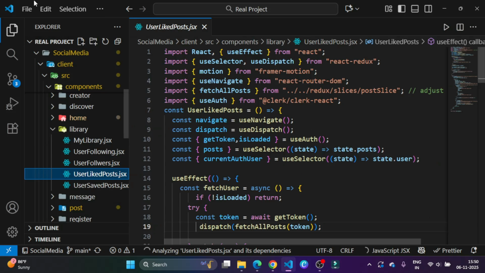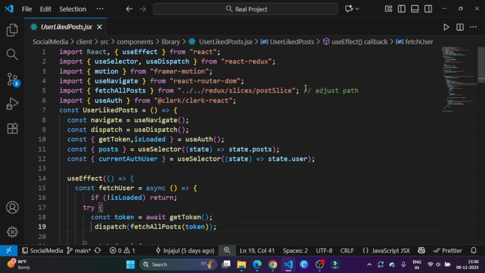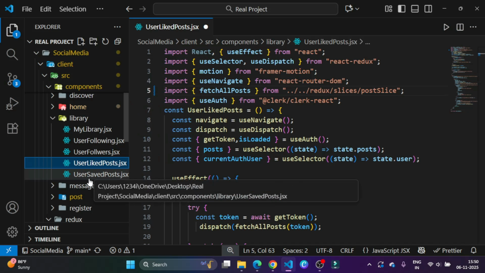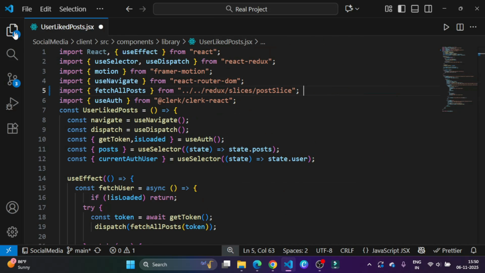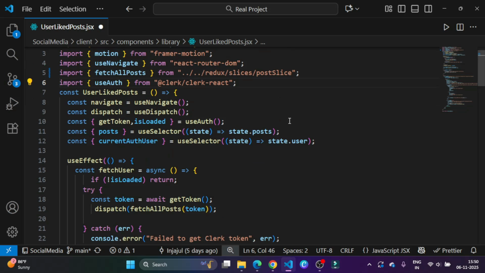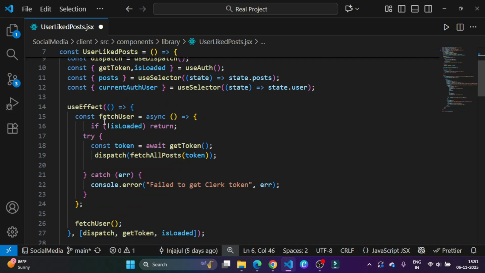And then user like post. So these are not the same because the UI is different. So user like post and user save post are the same. So let's understand. We import all the basic dependencies, and this is the fetch all post slice, and then we import the post from post. This is the current auth user from the global user state, and here I'm calling fetch user,